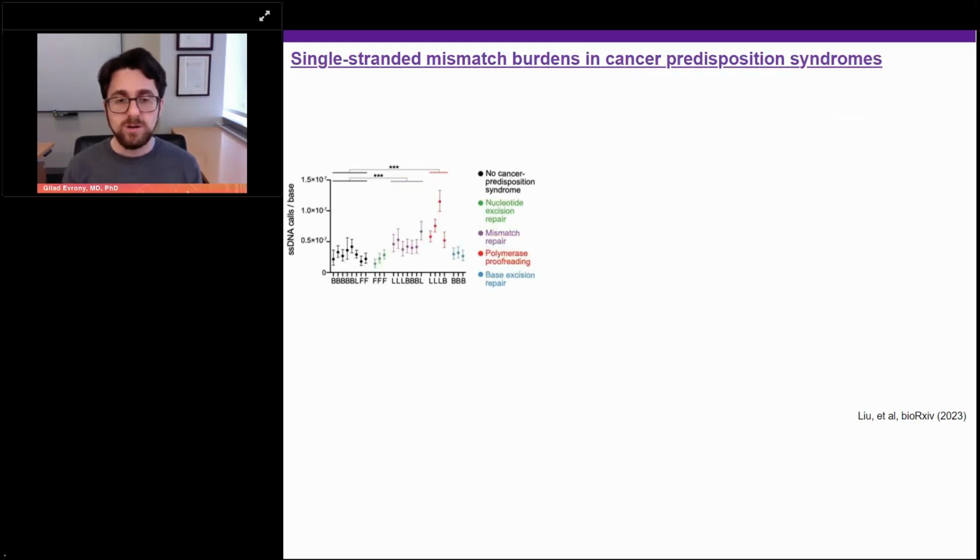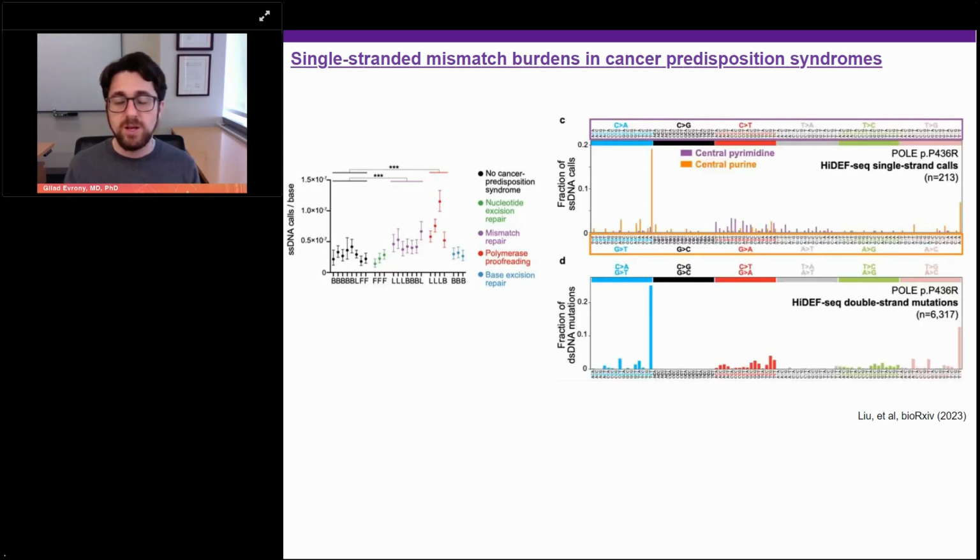To further confirm our ability to detect single-strand changes to the DNA, we profiled more samples from more cancer predisposition syndromes, and we detected an increase in single-strand DNA changes in individuals with mismatch repair deficiency and with these polymerase proofreading mutations like I showed you before. You can see that in purple and in red here has an increased single-strand DNA call burden relative to healthy tissues. We further can now look at the pattern of single-strand calls,